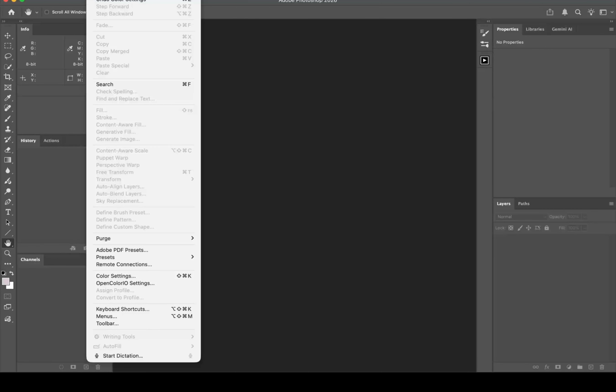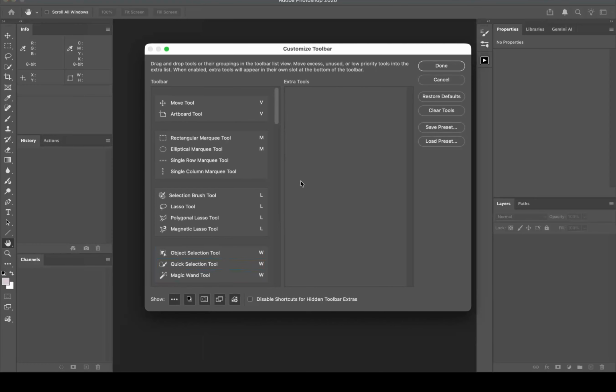Last thing, up to the edit menu, down to toolbar. And in toolbar, this is where you can control what's sitting over here. So if you end up having a tool go missing, which can happen, you want to come here and then click on Restore Defaults. But this also allows you to customize your toolbar. So let's say that you actually never used the polygonal lasso tool. You can grab this thing and pull it out, and it will no longer be in your tool dropdown. If I go ahead and say done on this,